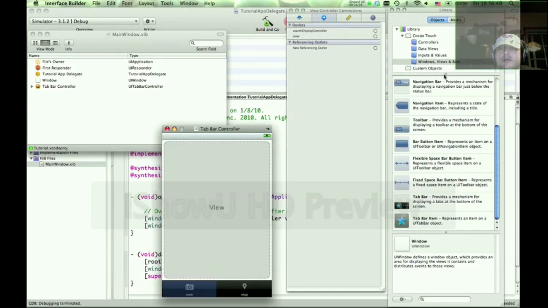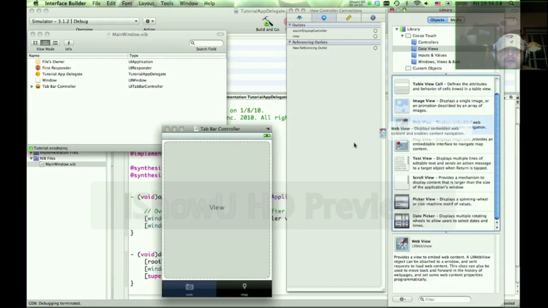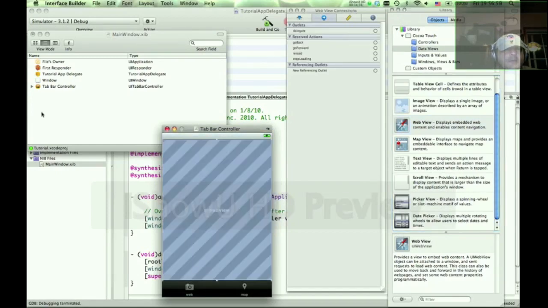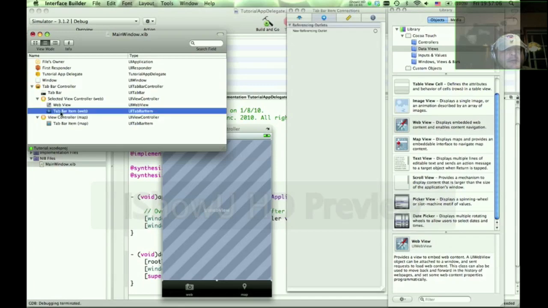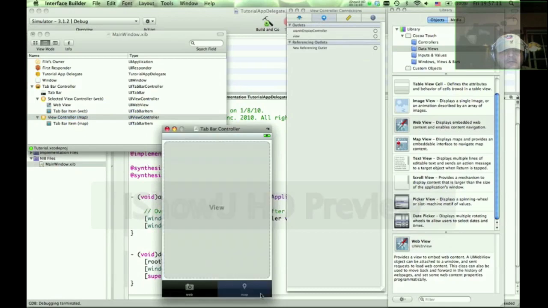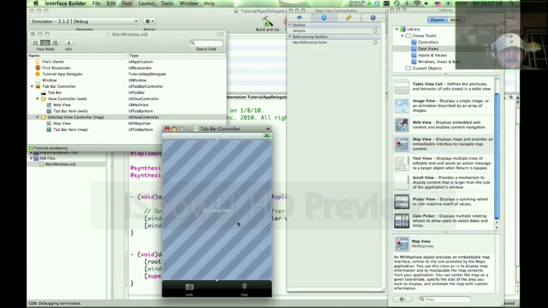So what I want to do now is go to Data Views, and we're going to add a web view to the first tab. Now notice under the first view controller, there's the web view and the tab bar item, and there's nothing yet under the second one, so we'll go here and also add a map view to this bad boy right now. Okay, but there's nothing to connect to,